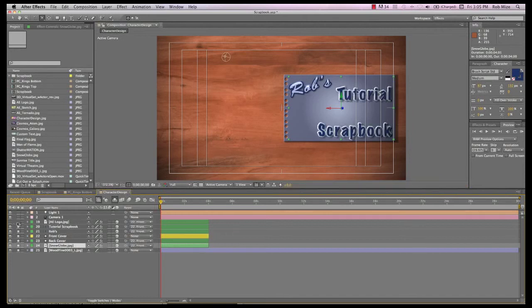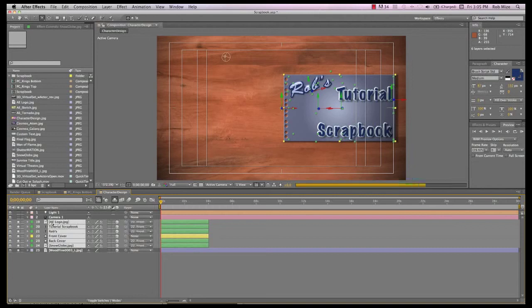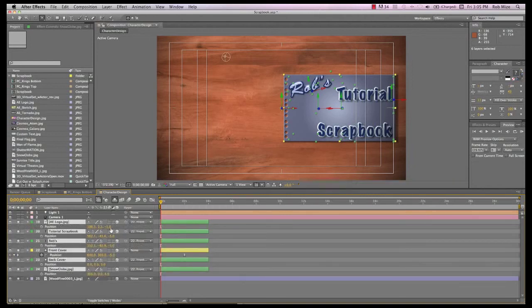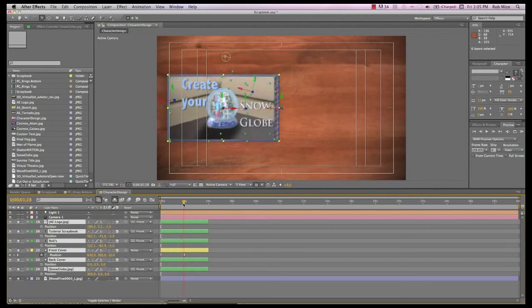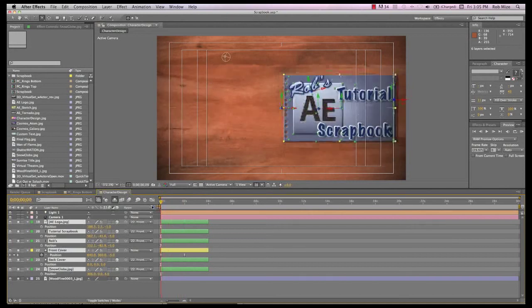And that makes up our cover page for our scrapbook. Again, these are positioned in Z space with a bit of separation so that the elements don't interfere with one another as they rotate. And if you do get that sort of interference, just increase that Z space separation a little bit.